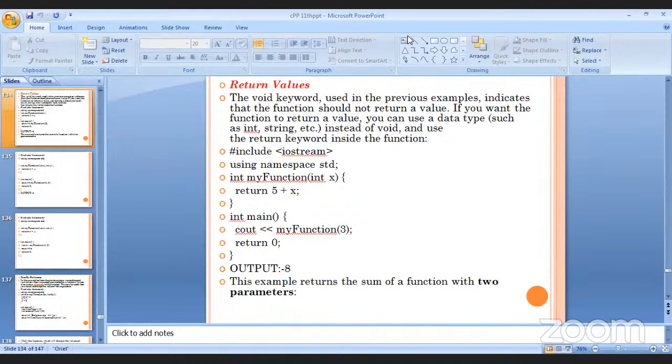#include <iostream> using namespace std; int myFunction(int x) { return 5 + x; } Then what is the value of x? int main() { cout << myFunction(3); return 0; }